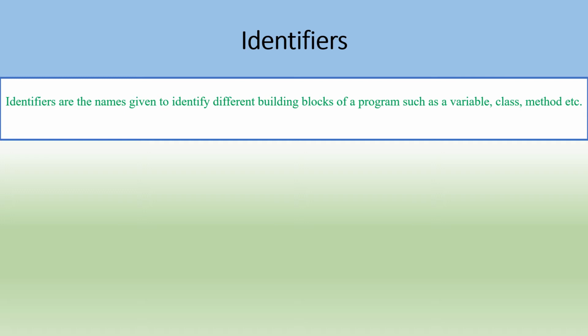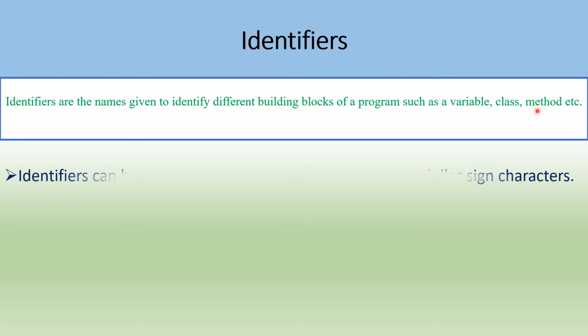जस्ट फॉर एग्जाम्पल वेरिएबल नेम, वेरिएबल का नाम हम अपनी मर्जी से चूज कर सकते हैं, सो दैट इज एन आइडेंटिफायर. Class name you can choose of your own choice, that is again an identifier. मेथड नेम you can write of your own choice, so method name is also an identifier. But before writing these words, you do have to follow certain rules. After following those rules only you can choose a word of your choice.